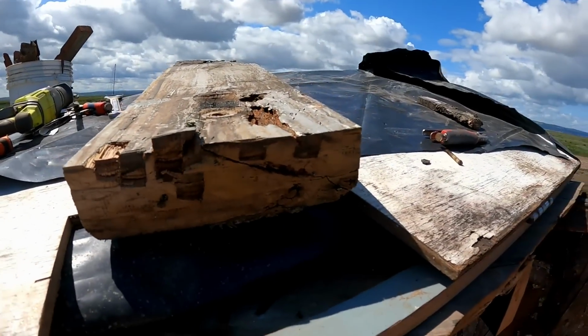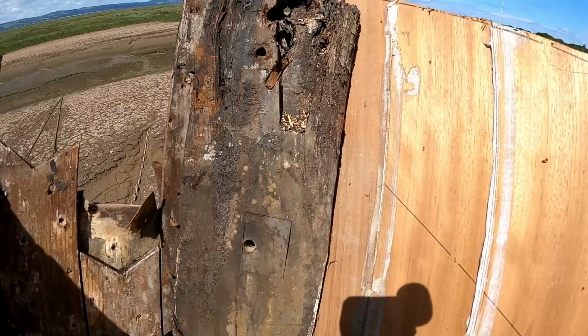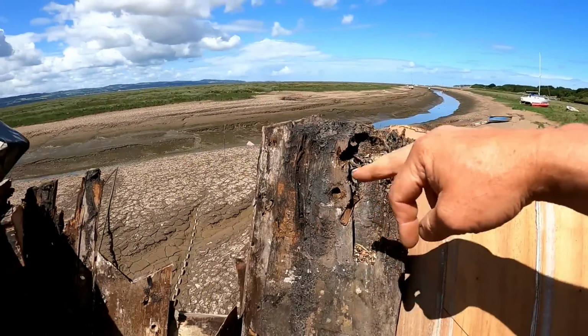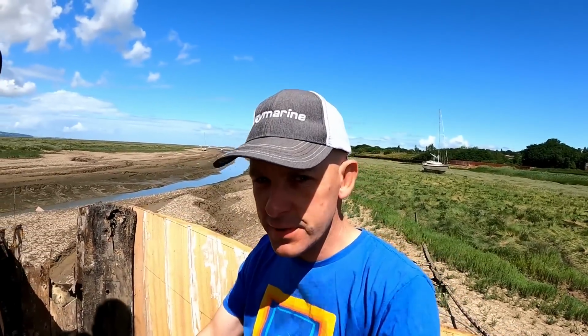Okay, so we moved the big covering board, I'm going to call it. So all this damage here is from my lever. This is the apron, maybe, which, to be honest with you, it's mint. Obviously, right at the top here, it's a bit rotty, isn't it? But I think we need to do a bit of a re-evaluation on how much of this stem we're actually going to change, because that bit is good. Apart from the top bit, obviously. But we want to extend it anyway, don't we? We want to make it big and strong and do a carving of Gemma's face on the front of it. Might need some more wood for that, but...